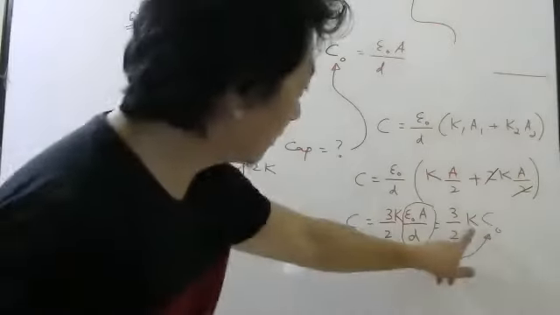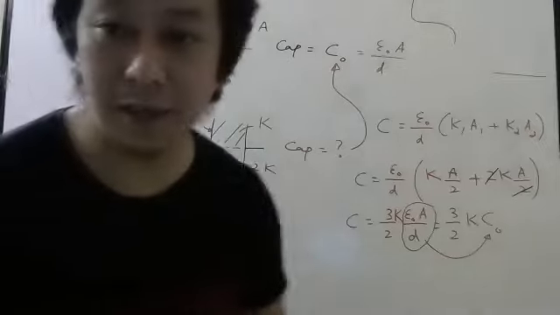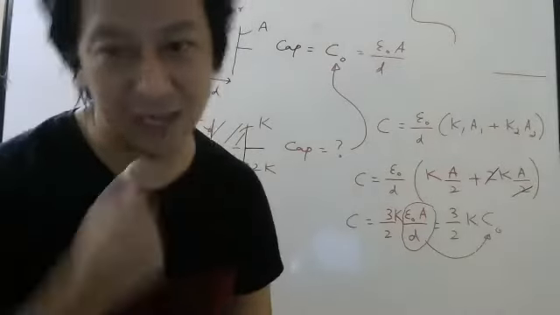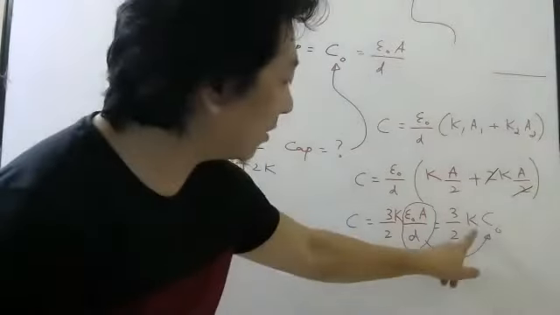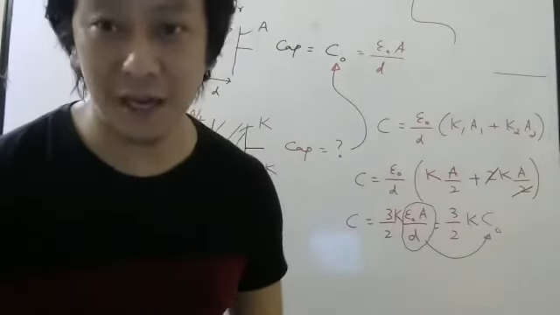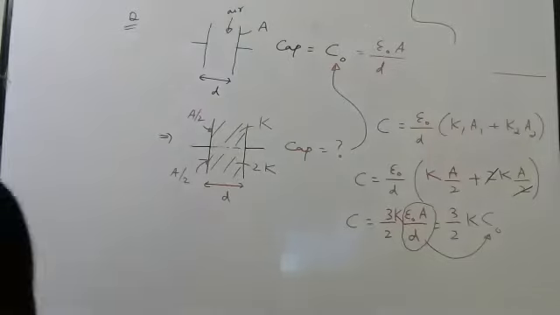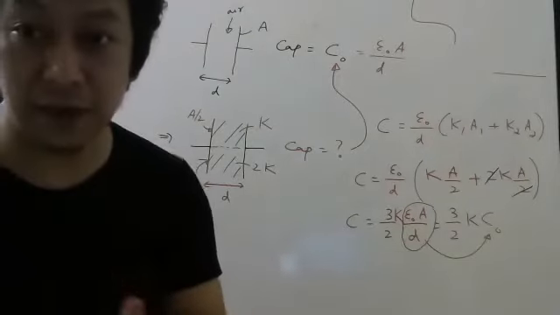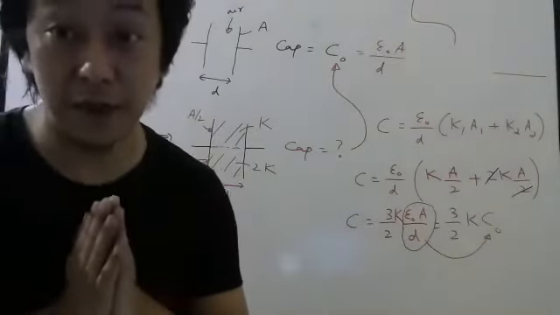I put K. And suppose in the exam they tell you the value of K is 2. Then put 2 here, the 2 will cancel, and the answer will be 3 C naught. Like that, any question can be asked. So memorize the two formulas, students, depending on how the capacitor is divided.